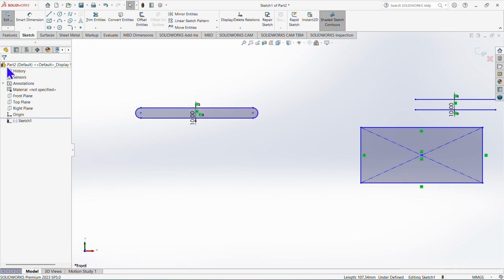So this was about offset. It's pretty easy. There is everything you need to know about Offset Entities in SolidWorks Sketch. In the next lesson, we will continue with more powerful